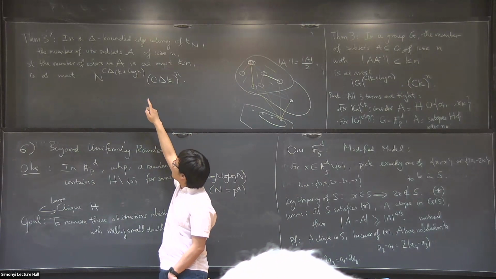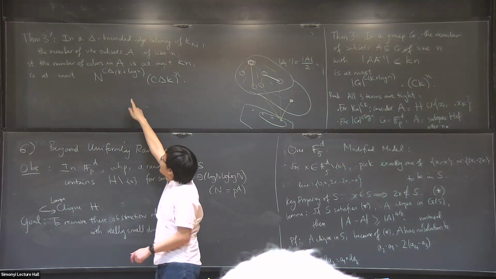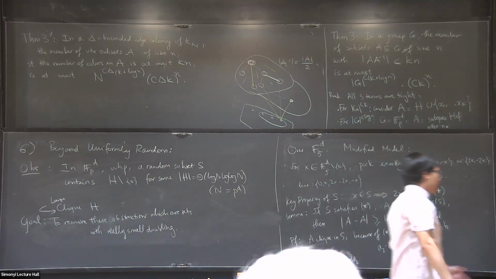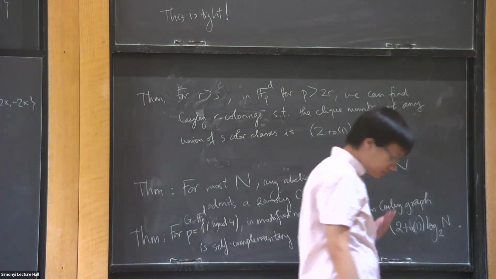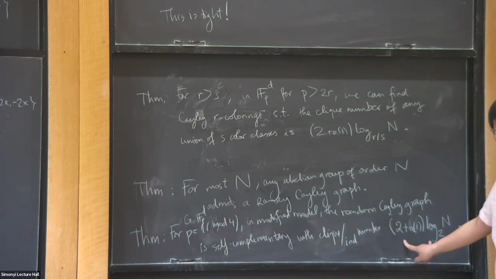So if we want to get the correct constant for the clique number, we must get something like this, but with the constant in front of k being the correct constant. And it turns out that we have it over vector spaces because we can get the correct constant in front of k by connecting it to the Freiman-Ruzsa theorem over vector spaces, where we already know from the result of Evra, Kaufman, and Lovett that there's a very precise bound